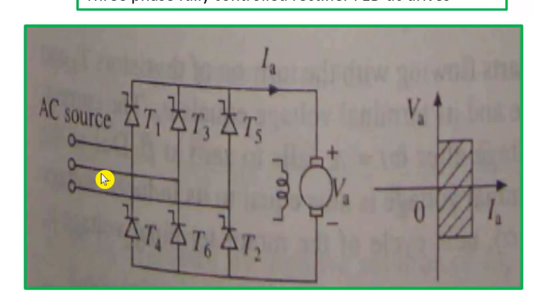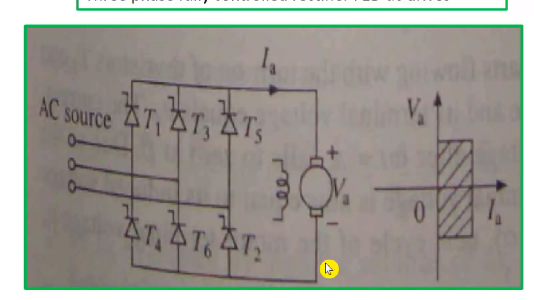Now here three phase input voltage is given to this thyristor. Here three top group thyristors and three bottom thyristors, that means total 6 thyristors are there. Now we have to turn on the corresponding thyristor which is favorable for conduction based on the input voltage. Suppose out of these 3 input voltages, if this one is more positive than this and this point, then thyristor number 1 can be triggered and it will be on and current will